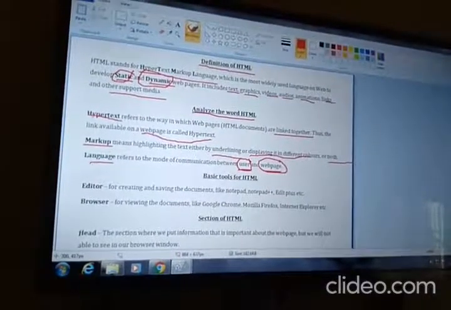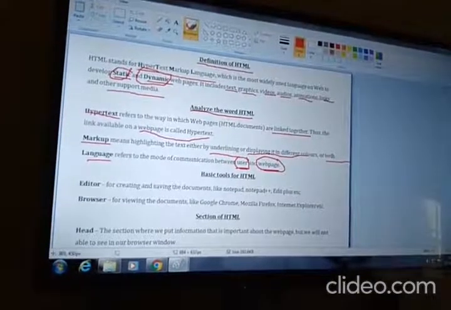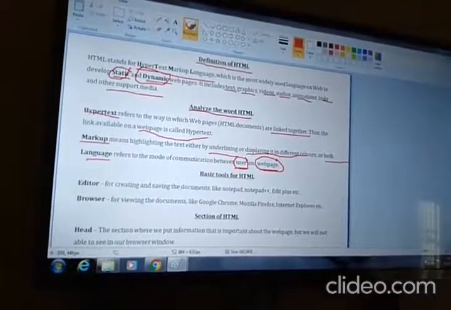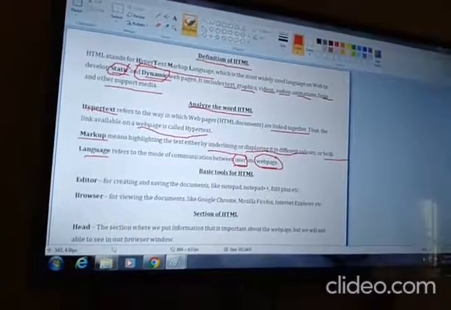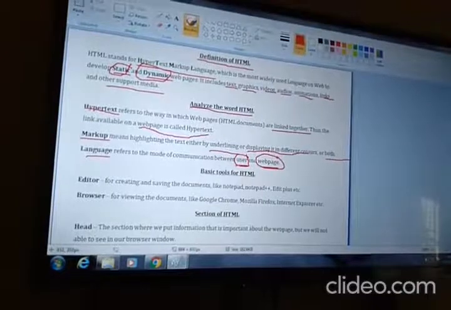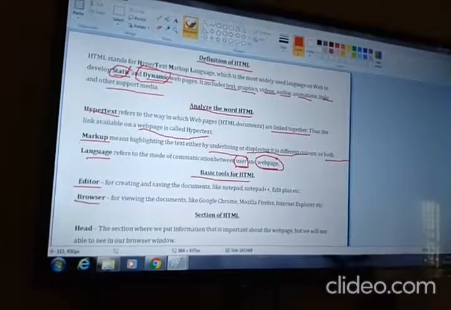Third is basic tools of HTML. Now I am going to explain the requirement of basic tools. We require two basic tools to work with an HTML document. First is editor and the second is browser.